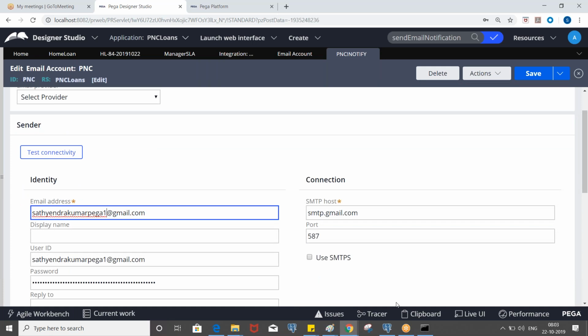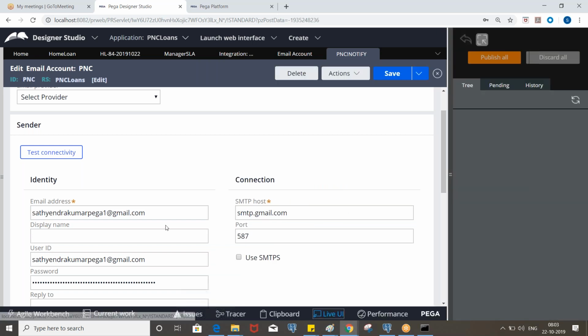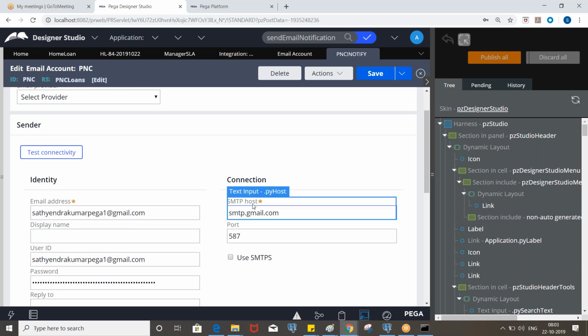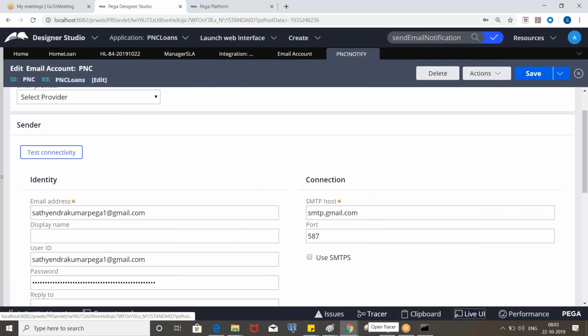Yeah, so take the live UI, or based on the value you can also identify. So what value you entered: the py email address, the py password, py host, py port, py smtp port. Likewise, the corresponding details will be available on the page, and we can pass them to the activity the same way as we pass for different activities.